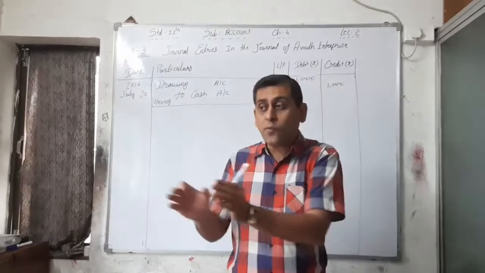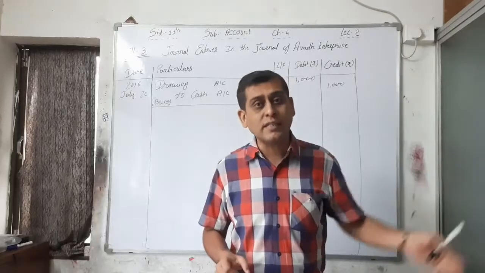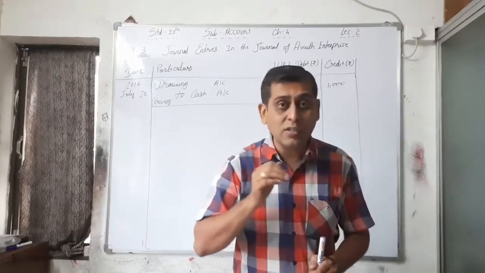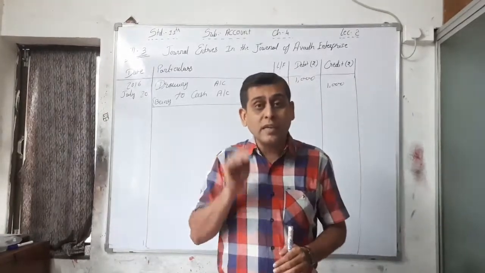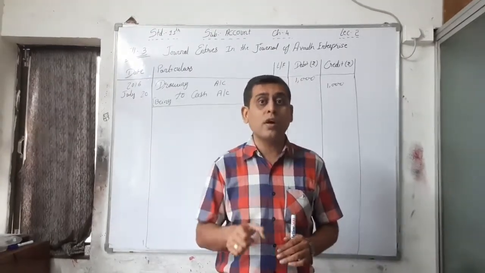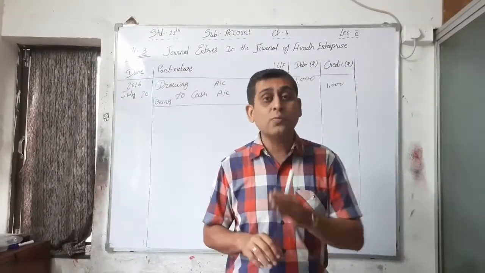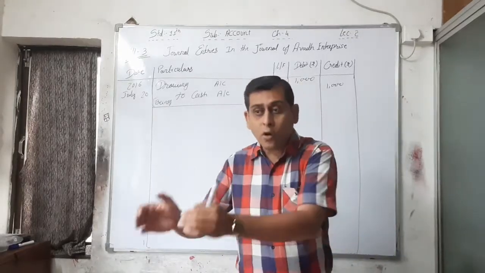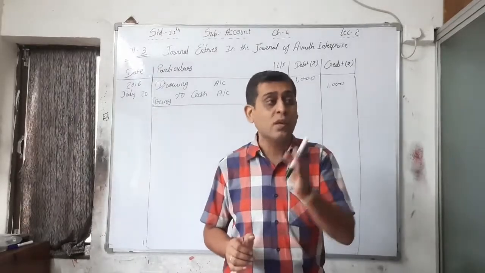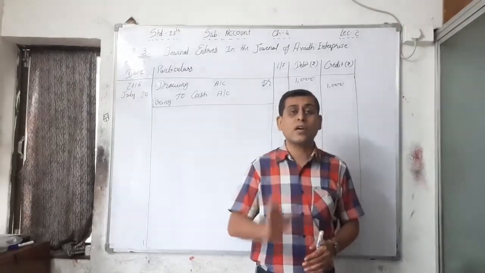So it is not paid from the business. It is their personal expense. He has to pay from his personal assets. He has to pay this life insurance premium. But here the owner is doing it from the business. That is, his life insurance premium is paid from the business cash. Okay. So here that account is also a drawing account, because his personal expense is paid from the business. That's why it is a drawing account. Life insurance premium is always the personal insurance premium of the owner, and that's why it is always a drawings account.